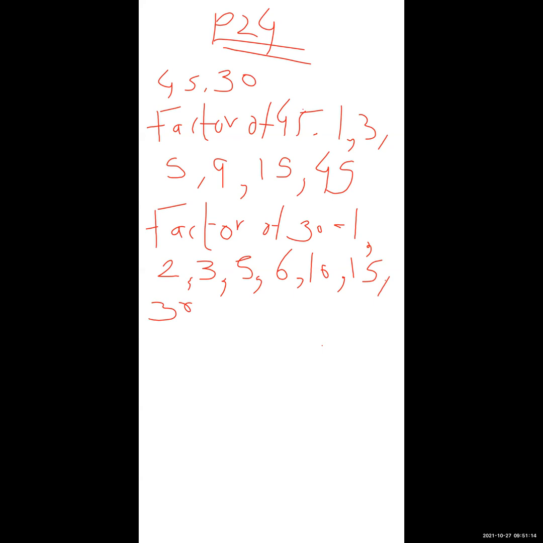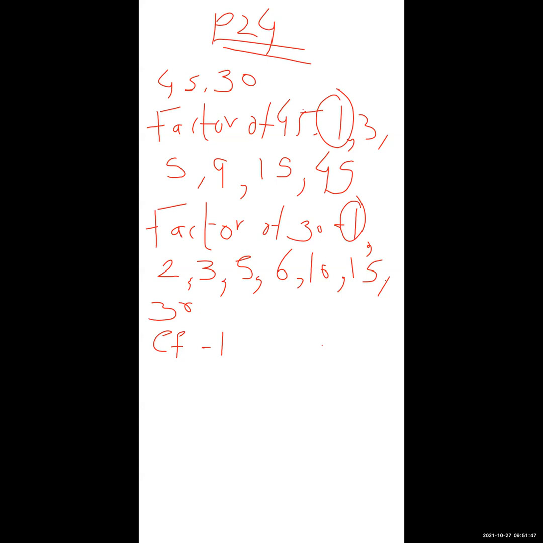Now after that we will write the common factors, in the same way as we did in practice set 23. Here I do not have space, so I am writing just CF, but you have to write the whole spelling. CF full form is common factor. Now what are the common factors? That is 1.